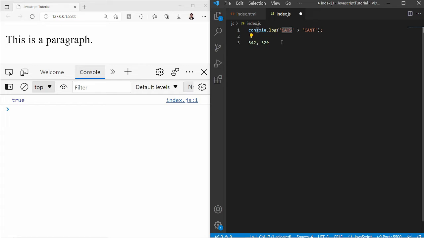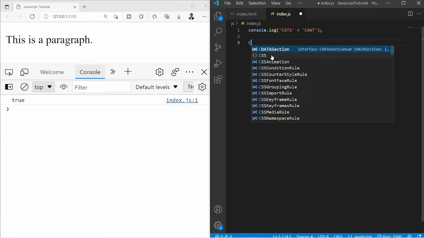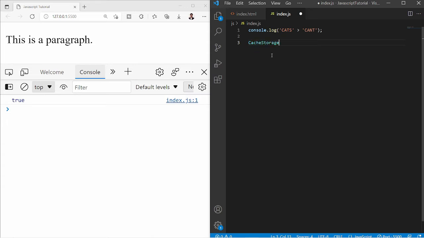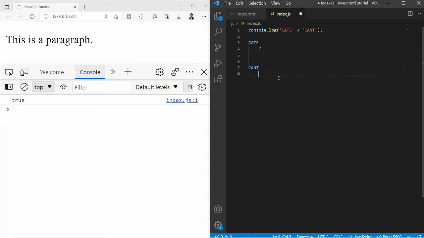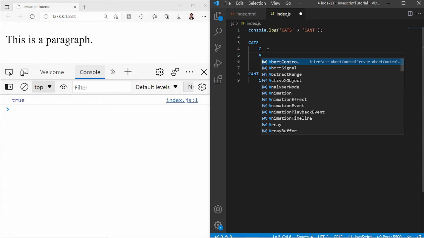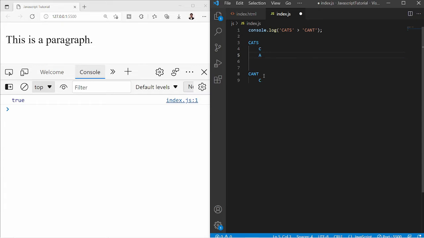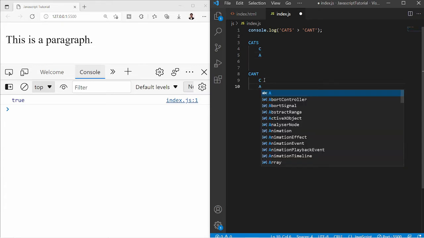So let me elaborate a little bit more and then we are done with this. First of all, I'll take the example of cats and cant. At the very first go, JavaScript will compare the first letter, c, with the first letter of this word, c. Then it will take a as the second letter, and here also a is the second letter.